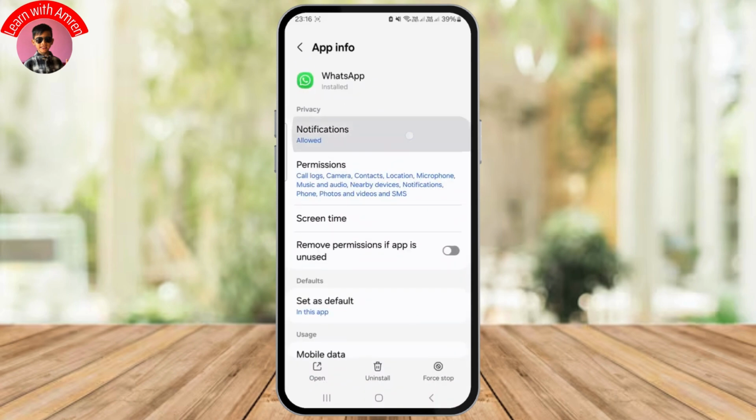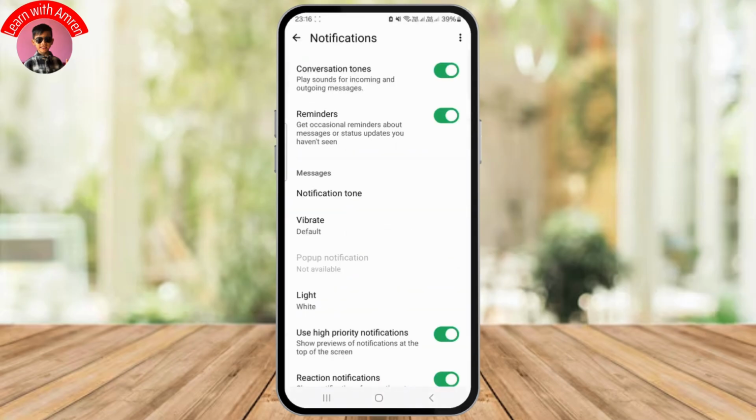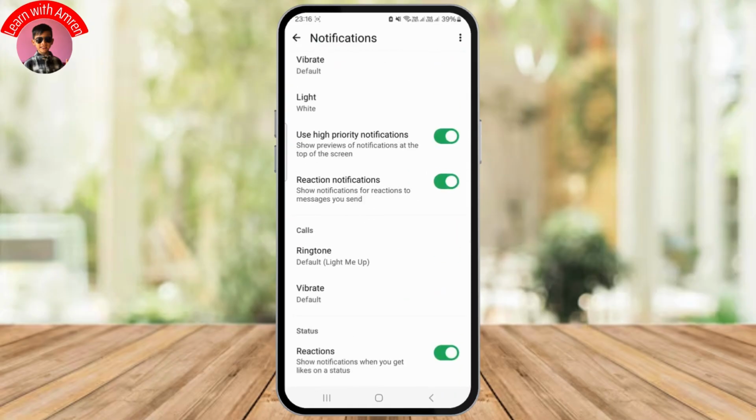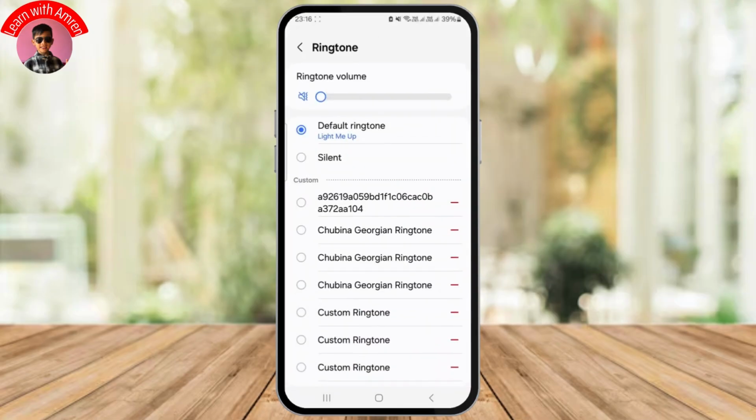And now all you have to do is just click on this notification option. And from here, just click on this configure in WhatsApp. And you will be seeing this option, and under this notification section just scroll all the way down until you see this ringtone and just tap on it, and you can just choose on this sound picker option, and from